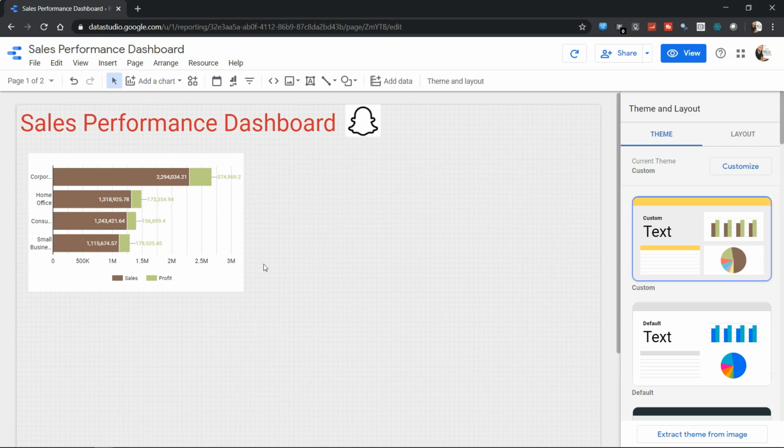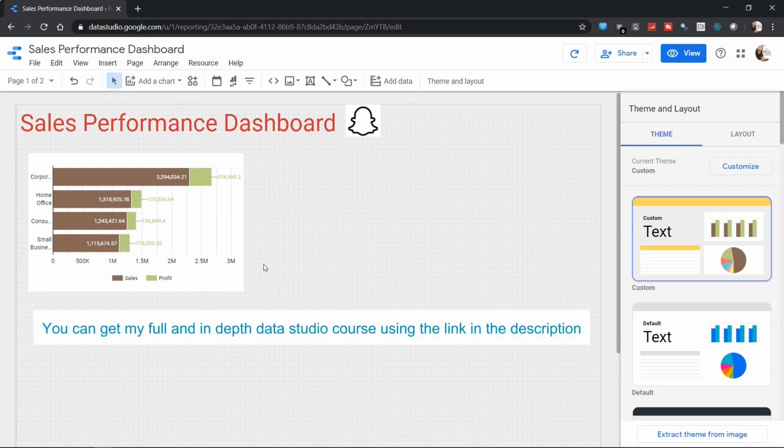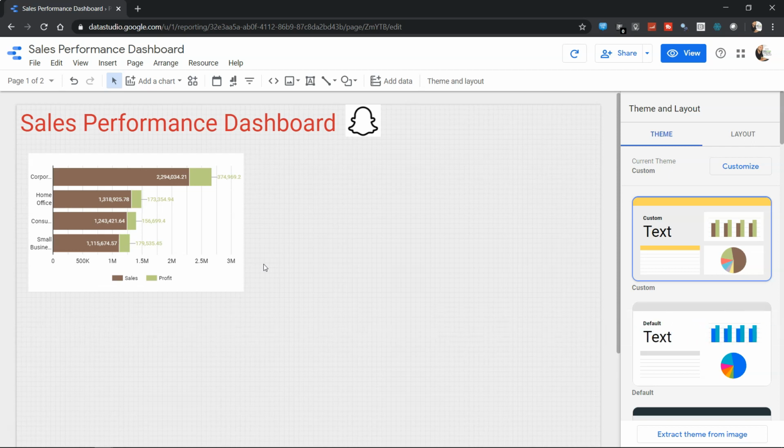So the line chart, as you have seen in other dashboards or on websites or any publication, talks about the trend over a period of time. So if you need to create, let's say, the visitors trend or the sales trend or the profit trend over a period of time, then you need to create a line chart.